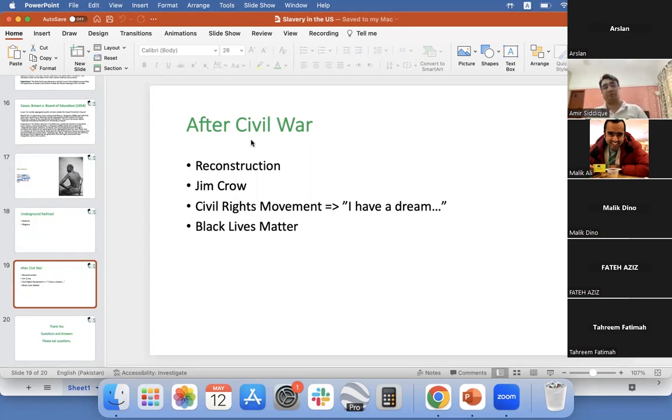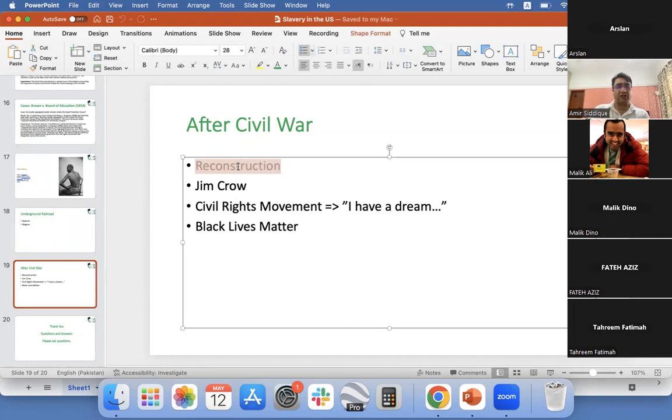Much of this presentation is talking about the period until the Civil War. We haven't even touched the period after that, because I think there wasn't enough time. We'll probably touch it in a follow-up session, but I'll just quickly go through. After the Civil War, Reconstruction is the word used to sort of reconstruct the South, get them back on their feet after the end of the Civil War and the destruction, and after slavery,